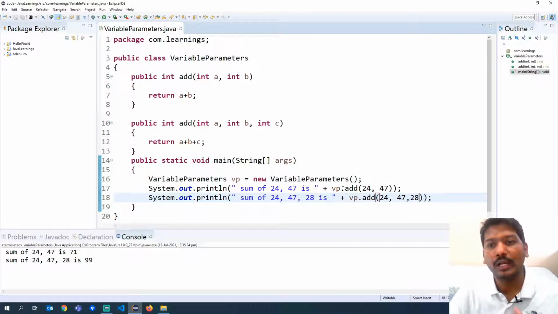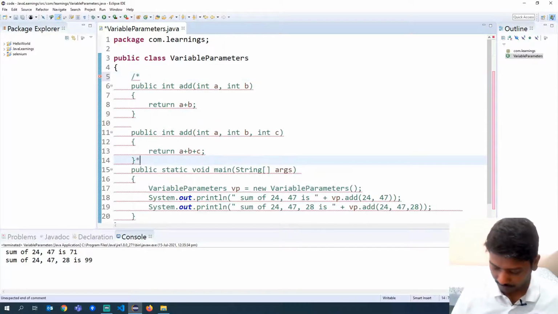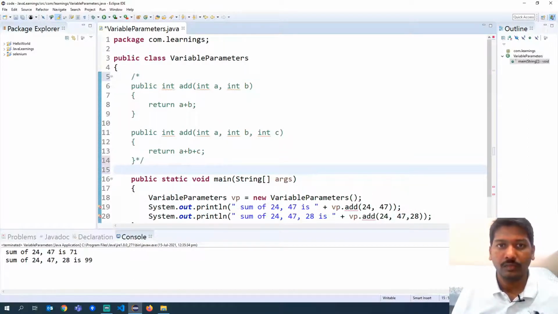Okay, now we will look at writing another add method which takes any number of input parameters, especially for integers, and then we'll see how we can add all those numbers and return the value. So for this, I'll first comment out these two methods which are already written, because we are going to use variable input parameters. It will be handled by default. So here I will create another method, public int add.